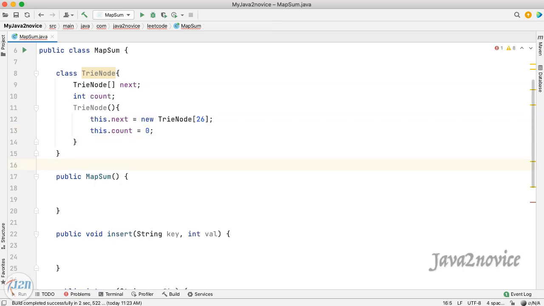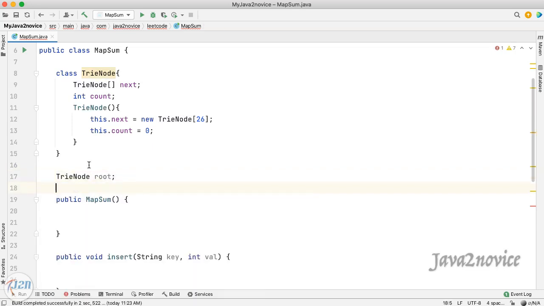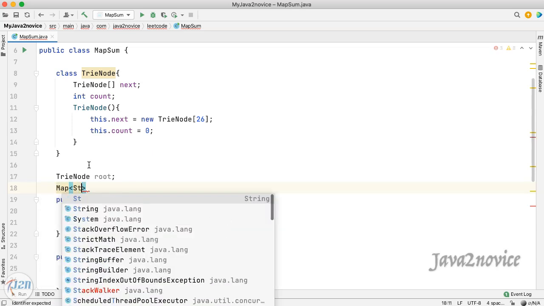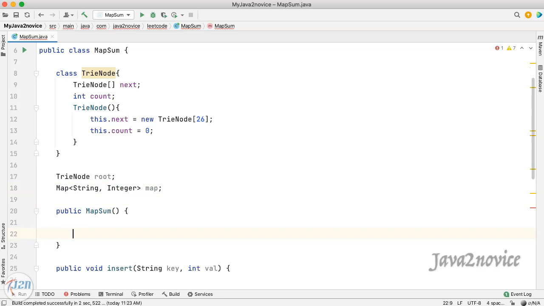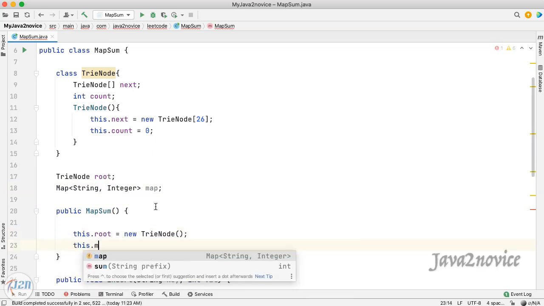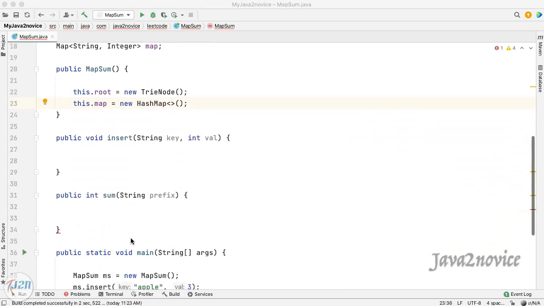Let's declare a reference for the Trie root node. Declare a map to hold original key value pairs. Now let's complete initializations. Now we will add code for the insert method.